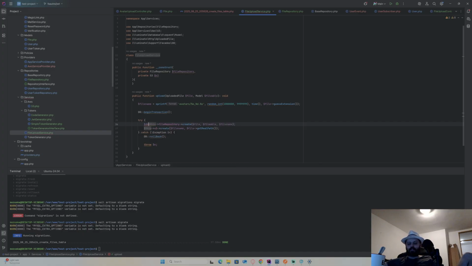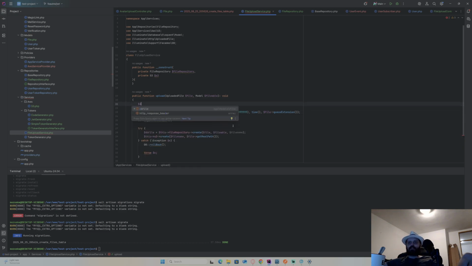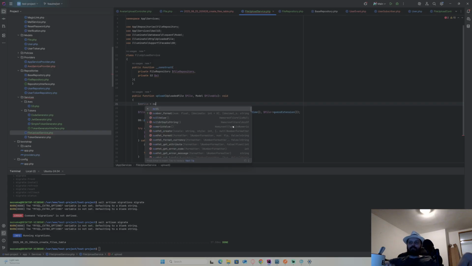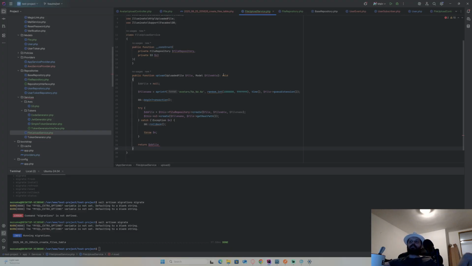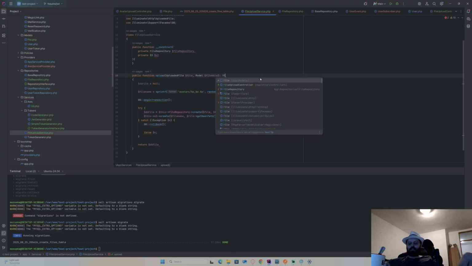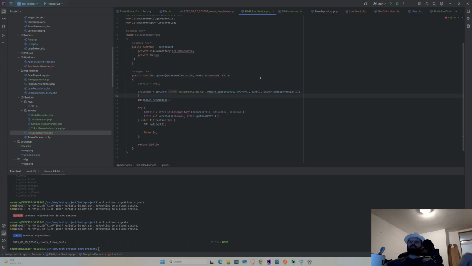Just go db file. Let's call it db file because it's the file set to database. And I will just return db file here. Because this will say db file maybe doesn't exist because it's not declared here, because it's in try catch. So to avoid that, I will just declare db file here. I'll put it as a null, so it's declared. And now we're gonna do db file, and this is gonna be file. And of course it's the file. That's it.